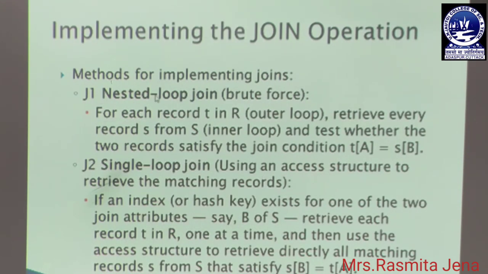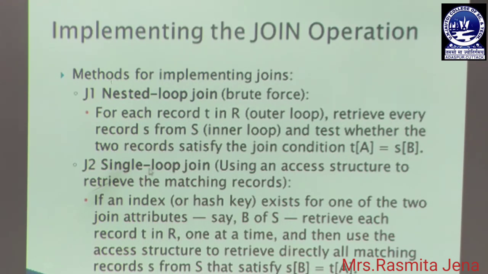First, if the operation is given as a nested loop, that means for each record T in R, the outer loop, retrieve every record from S, the inner, and test whether the two records satisfy the join condition T[A] equals S[B].